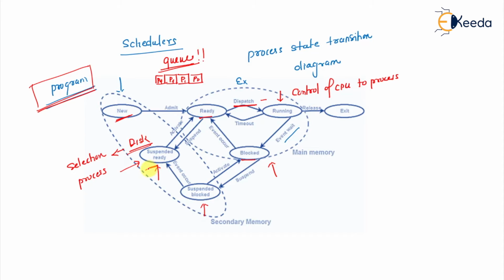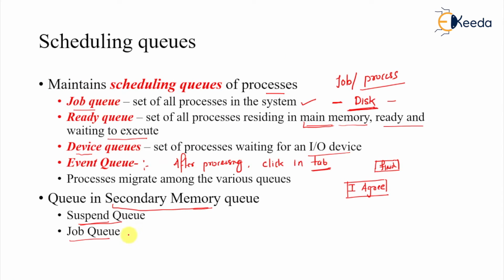We have taken a few processes out from the ready state to the suspend state. So the job queue is broader. The job queue is the set of all jobs, all programs, whether they are willing to execute or not, that does not matter. Whereas the suspend queue is forcibly taking out some program